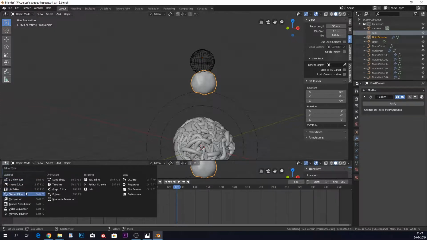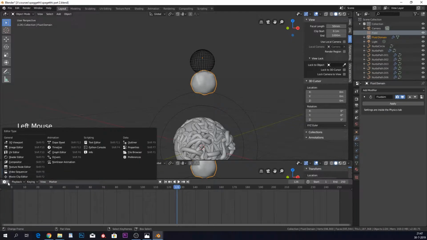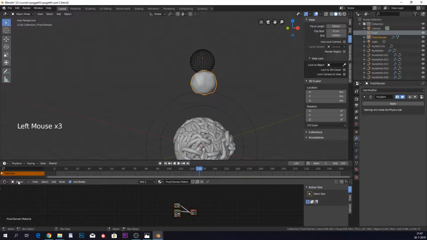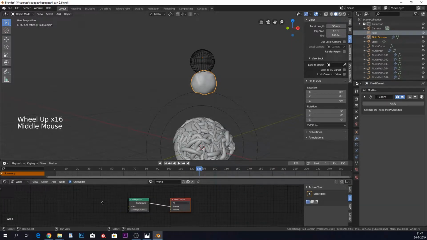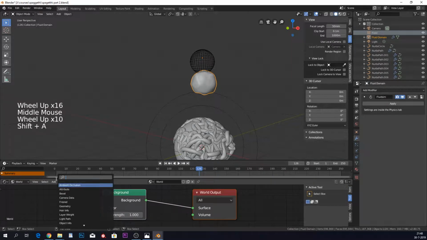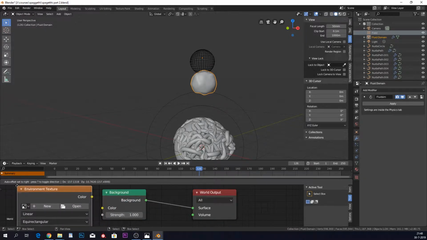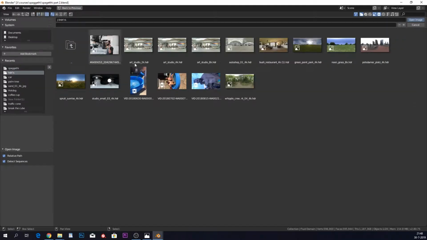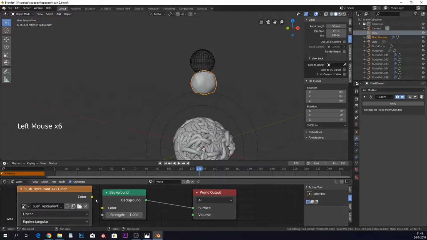So first thing we need is the shader editor. So I'm gonna move this one and make this a shader editor, and I like to keep this at a timeline, to be honest. And you go into world here and add an environment map. So an environment map, open, and we will use this HDRI. Goes into the color, and as you can see here